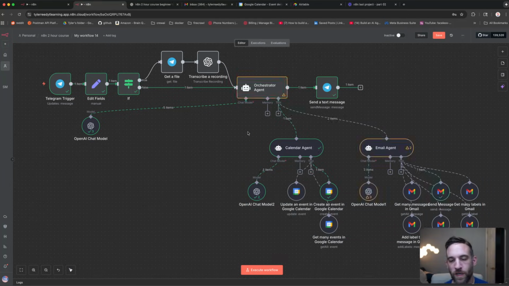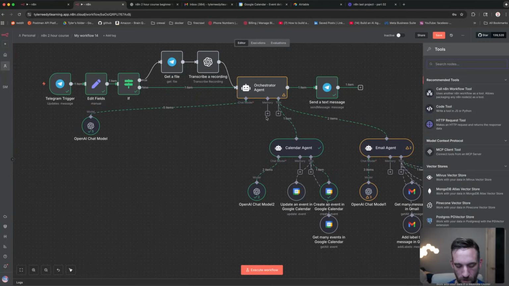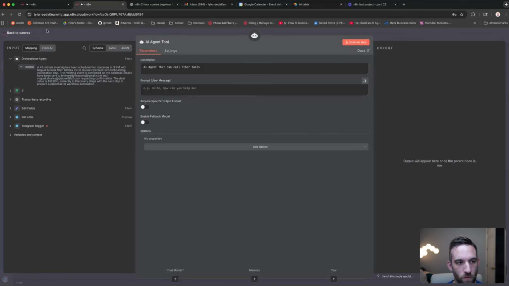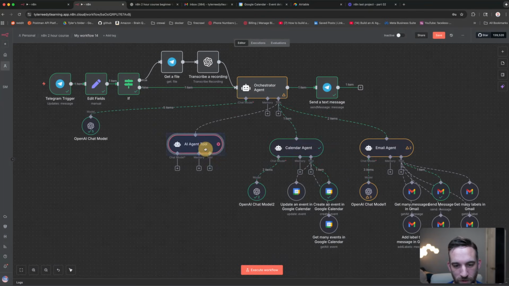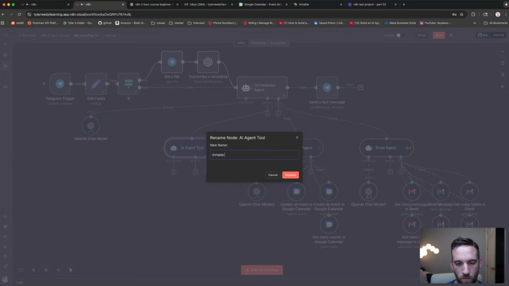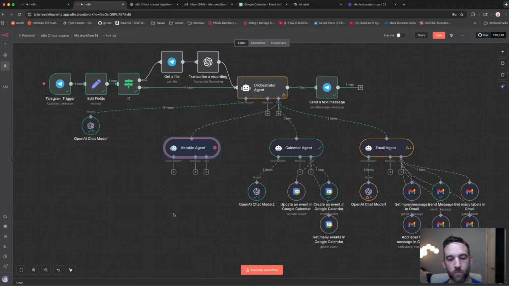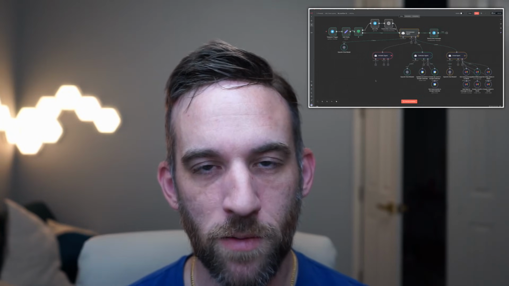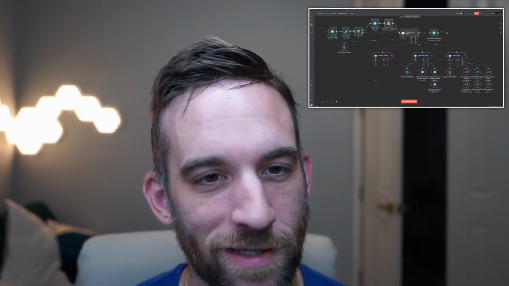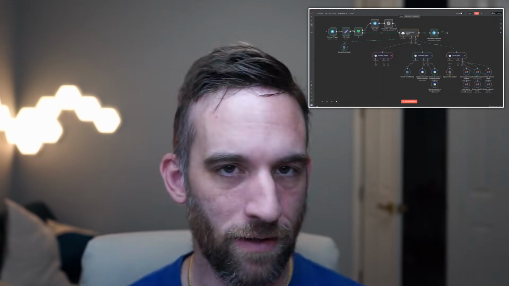Okay, so let's go ahead and create another tool, and we're going to search for AI agent again. We are going to come out of this, move this over here. We're going to go ahead and rename this Airtable agent. Now, before we really move forward, Airtable is basically an online database. That's exactly what it is, right? So if you haven't done anything with Airtable before, I'm about to go over a very brief